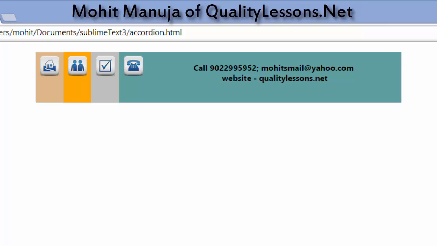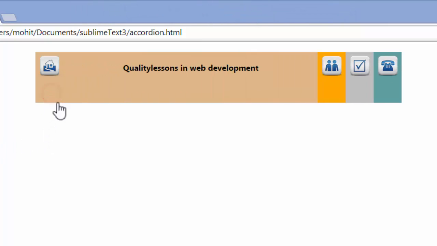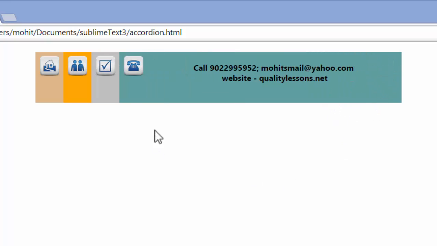So we have 4 panels. One will be open at all times. Okay, and see as I click over the different panels, the one that is actually open is 555 pixels. The ones that are actually closed,